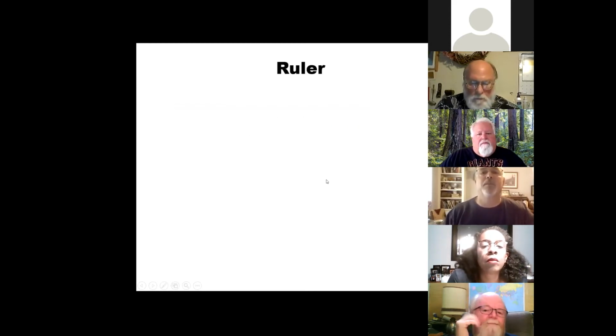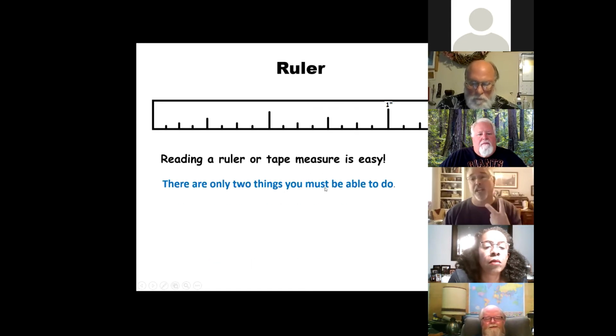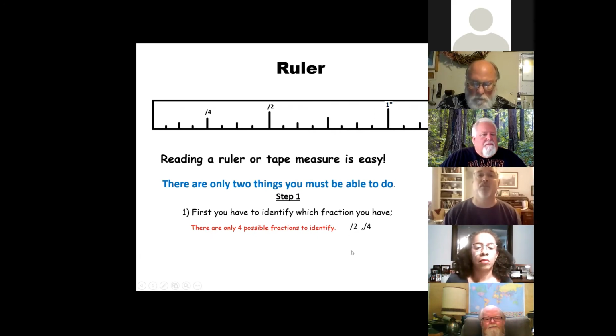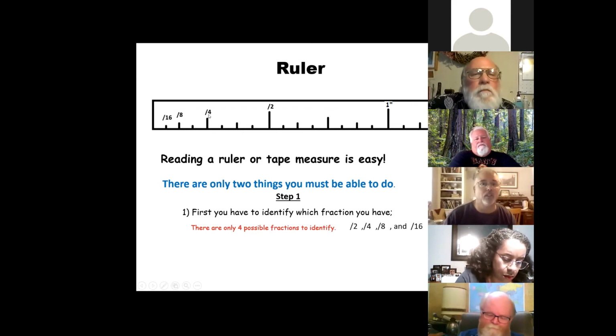And then what I tell them is, for a ruler, could be easy. I have two things you have to do. First is to identify which fraction. And there's only 4 fractions, either a half, a fourth, an eighth, or a 16th. And if they can identify them by the heights of the lines, which is which, there's only 1/2, always in the middle, 2/4. But if you can identify them by the height, then I